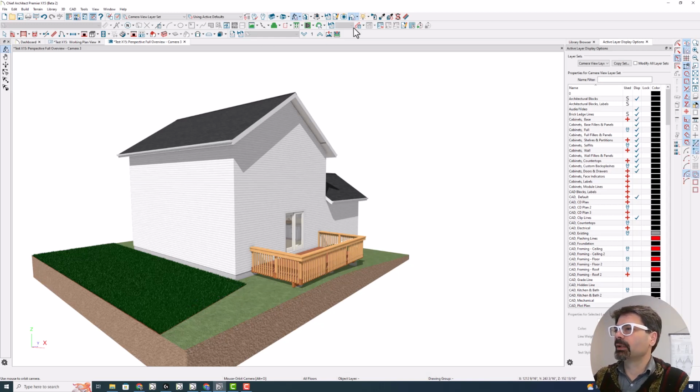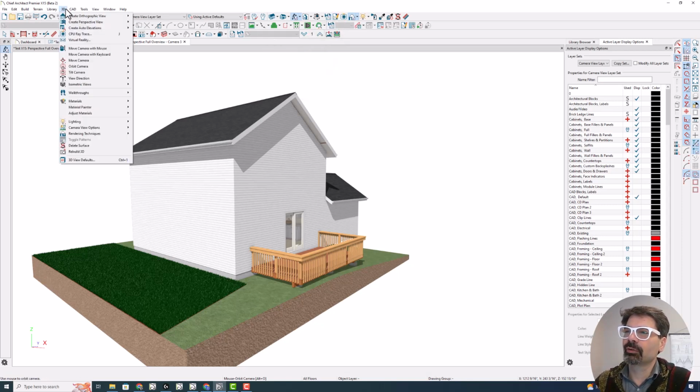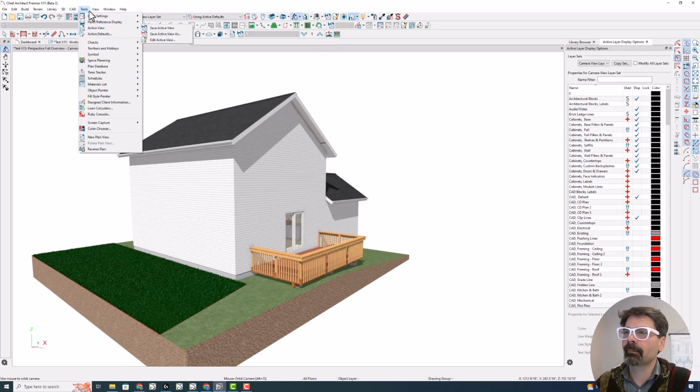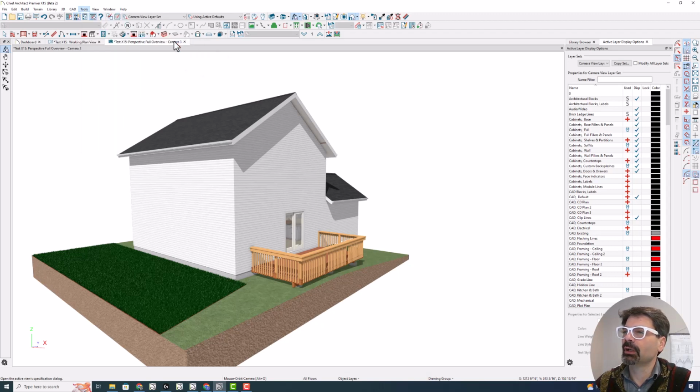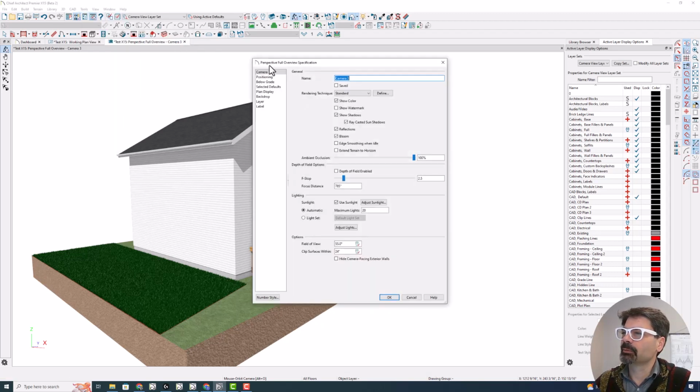In my toolbars, I have this tool, Edit Active View. In your menu, you can go to 3D, Tools, Active View, and Edit Active View. This will pop up the Perspective Full Overview specification. This terrain to horizon is one simple check mark right here: Extend Terrain to Horizon. Click on that,